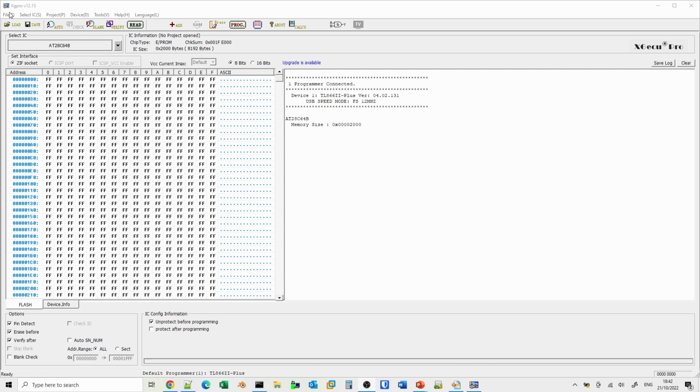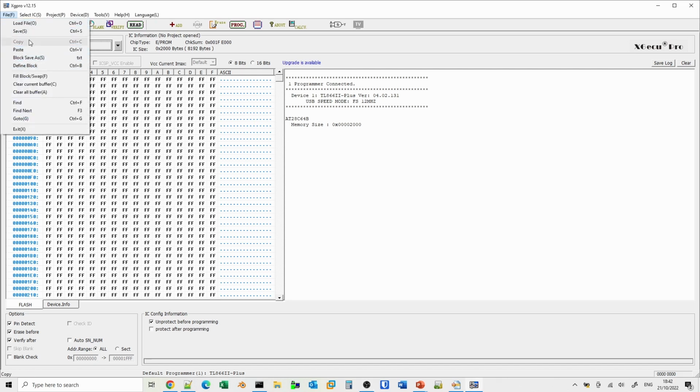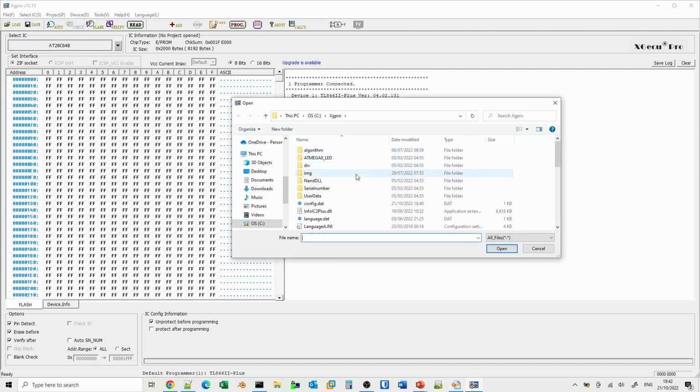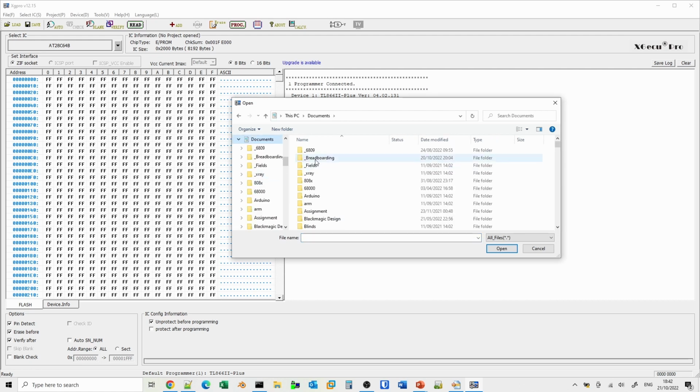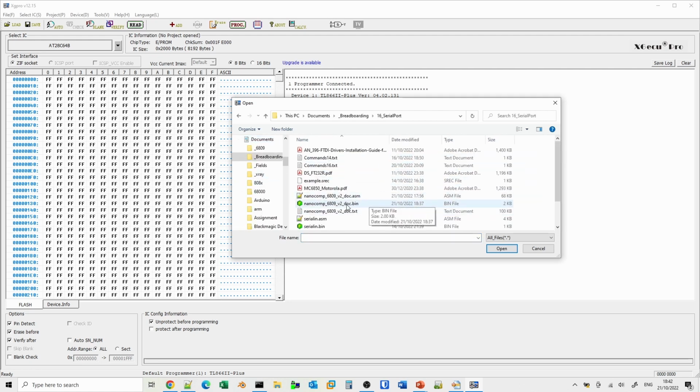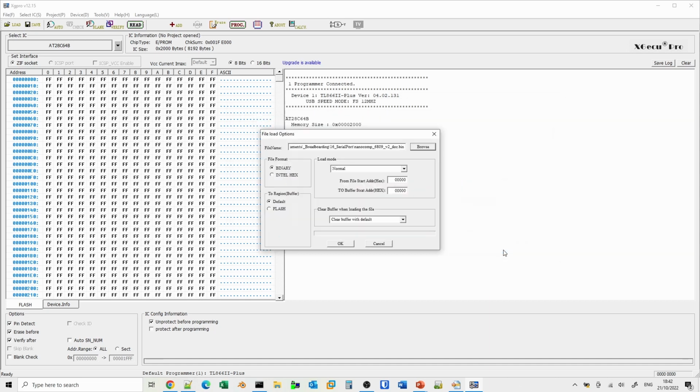So what we're going to do now is to load the file. So we need to go to the folder where I was doing this, in my breadboarding folder. It's the serial port. And we've got the V2 documentation version in binary. And we don't want to change where this is offset from.